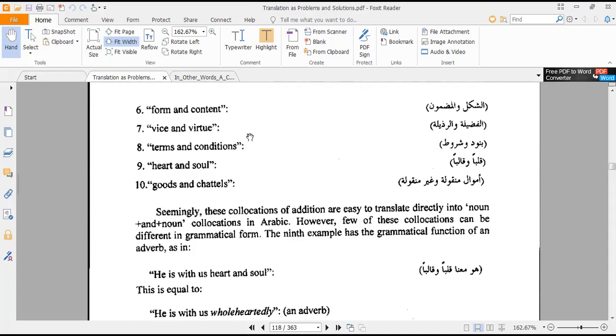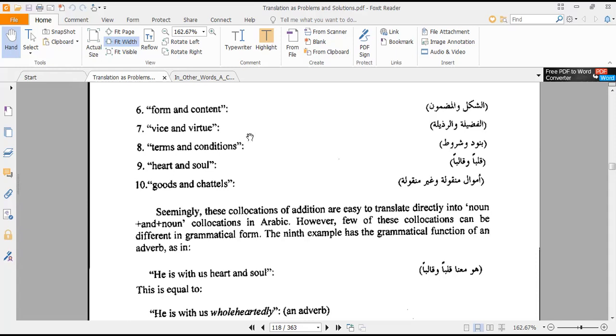Form and content الشكل والمضمون هنا literal translation معروفة. Heart and soul قلبا وقالبا، هنا ما بقدر أحكي عنها literal because soul is نفس، والنفس هنا طبعا ما هي مترجمة نهائي. In Arabic we have an equivalent expression which is قلبا وقالبا، وبالتالي هنا حكينا عنها dynamic equivalence strategy. Okay,